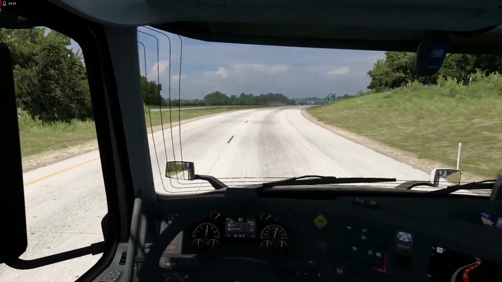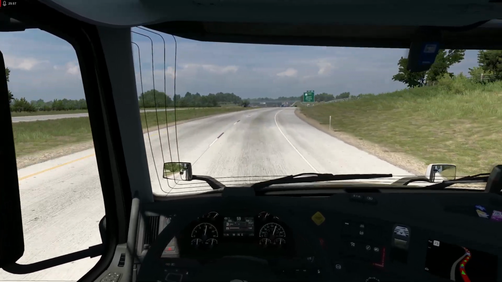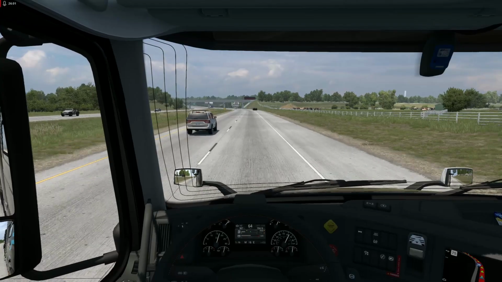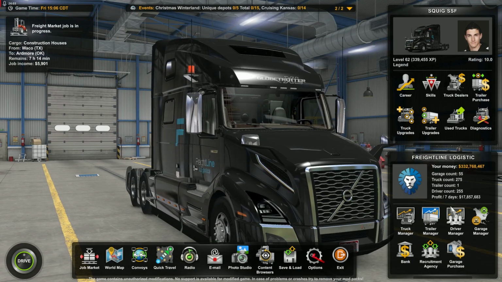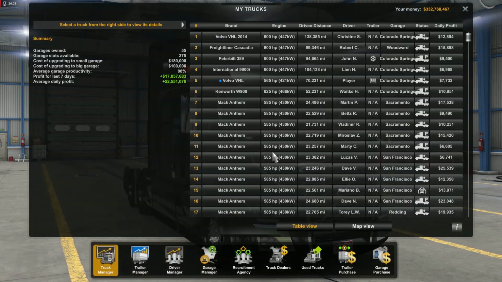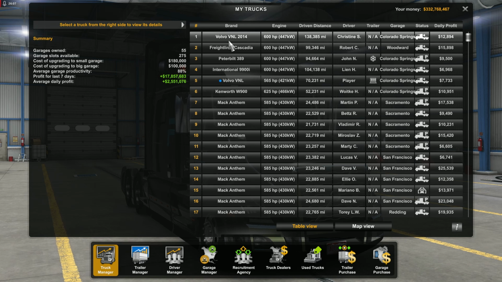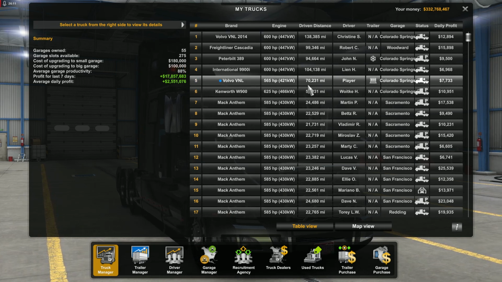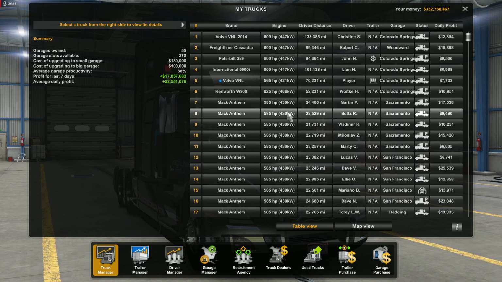So, yeah, I think I'm going to sell this truck. It's had a good run. I've had it for a while. How many miles is on it? Now, the ballsy thing to do is just have one truck in the entire fleet. 70,000. It's probably had more, because like I said, when I got the Max, I sold all of the trucks, so...